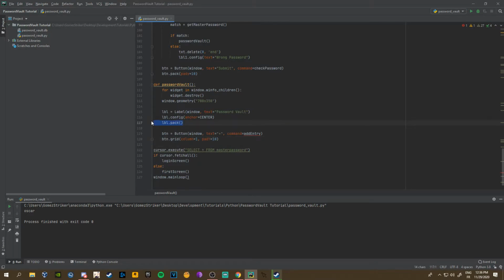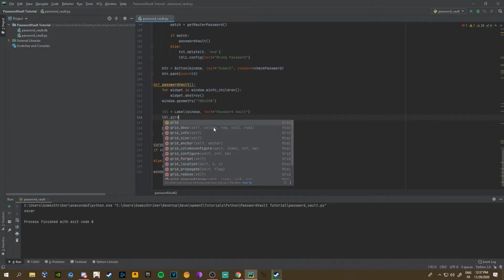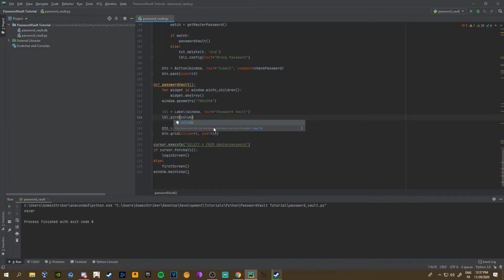And also up here, by the way, we need to change this. In here, you want to do label.grid, and then column is equal to 1. Because basically label.pack works, but if we use pack on one item, we have to use it on all items, and then we won't be able to like make the grids with the website passwords and stuff like that. So add entry, you want to go up here,